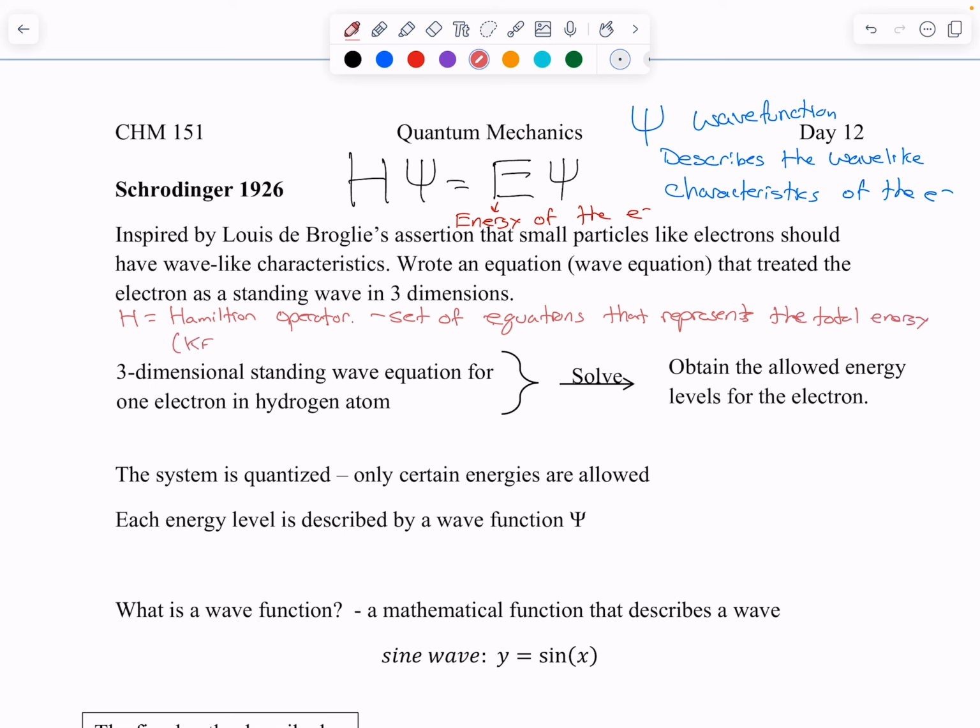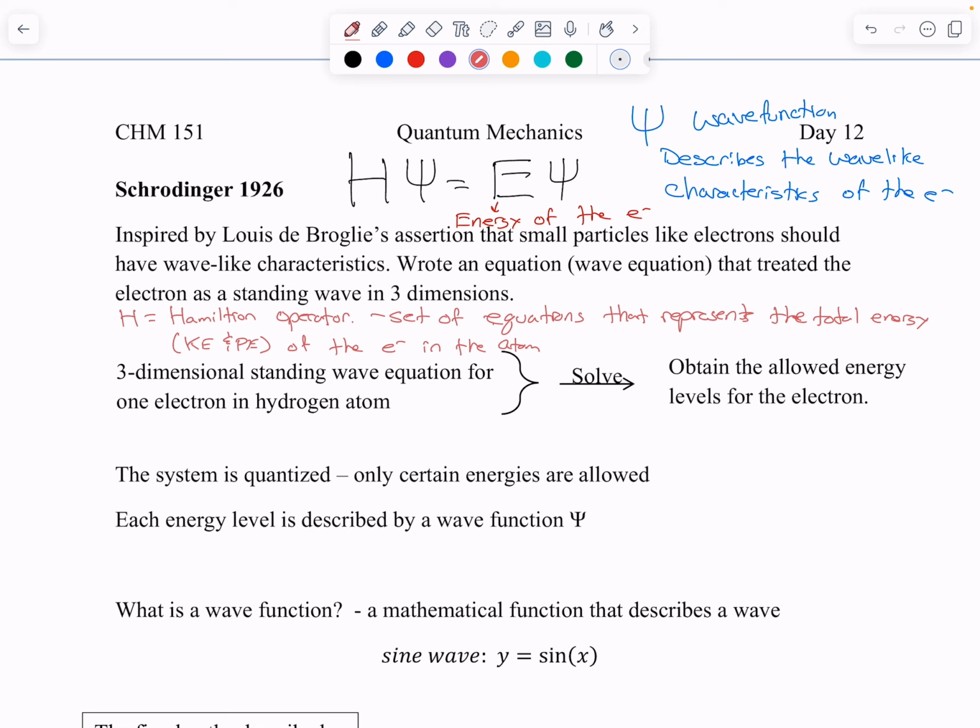That's kinetic energy and potential energy of the electron in the atom. All right? And so what's an operator? All right? An operator